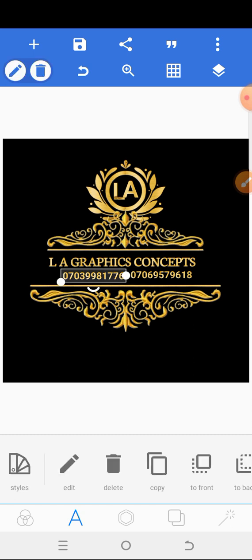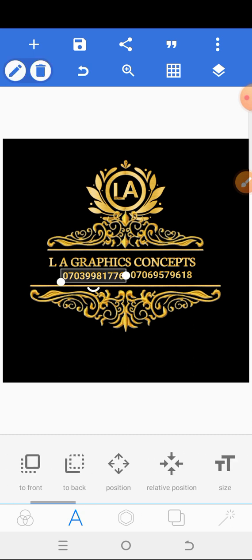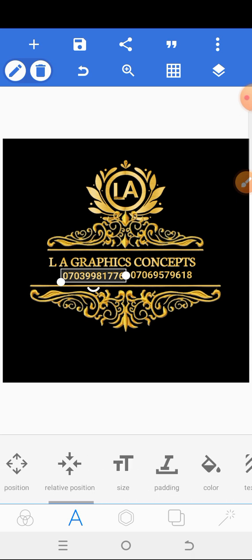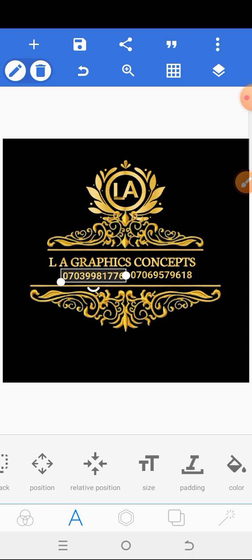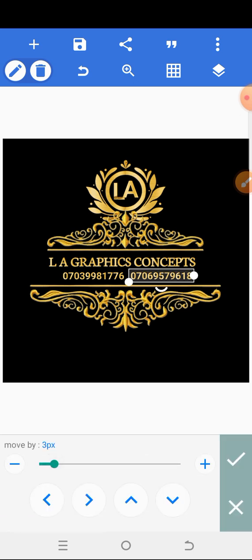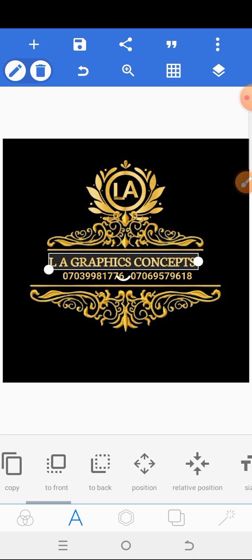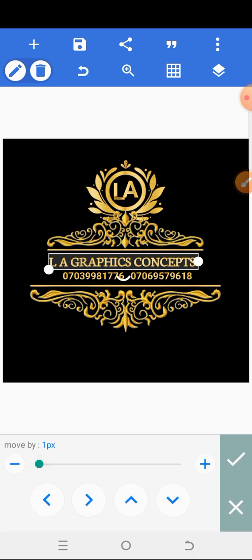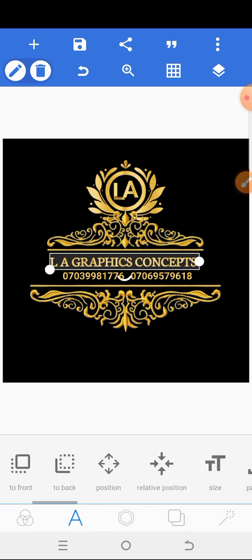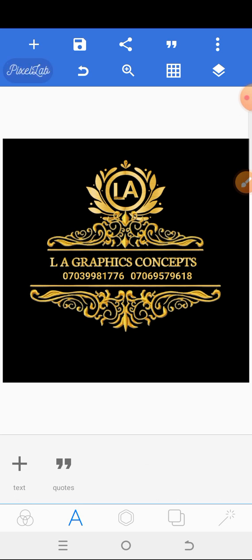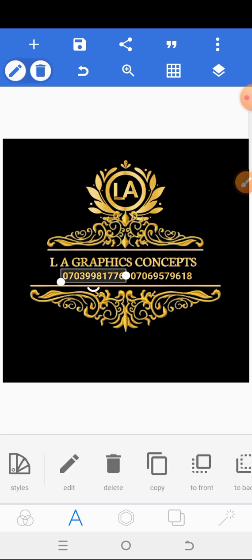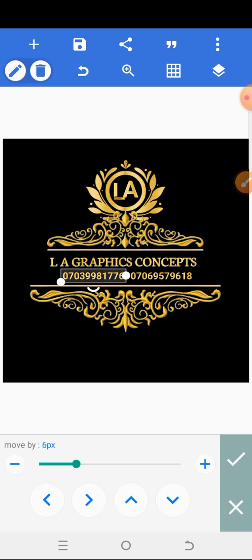Then for this phone number, you might try and change the font of the phone number also. Let me position it. The both of them must be aligned. Make sure you do that, they must be on the same line, the both phone numbers. Now we need an icon. Since we are talking about phone number here, we need an icon